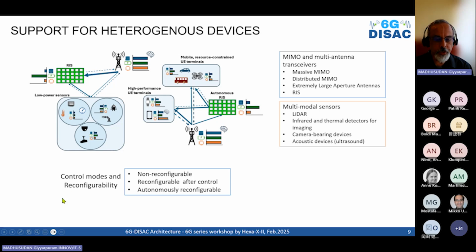And in terms of the architecture, at the bottom you see the control modes and reconfigurability. So they could be either non-reconfigurable, reconfigurable after control, or autonomously reconfigurable. And the ones of interest from the architecture, of course, are the ones that are reconfigurable, and where and how that happens. Those are the topics we started exploring. D2.2 is a preliminary